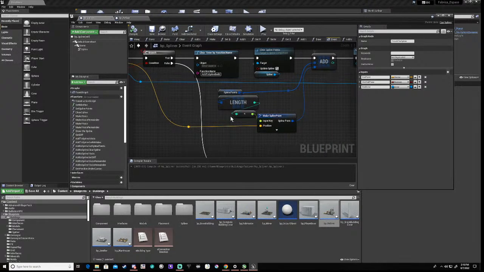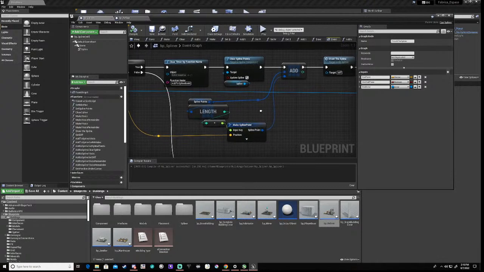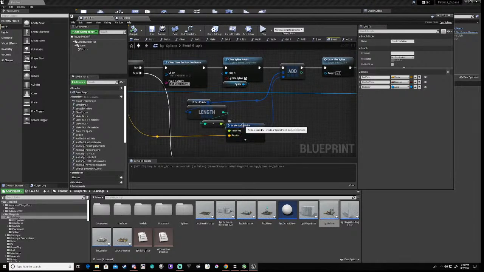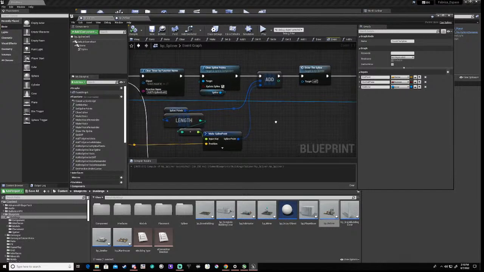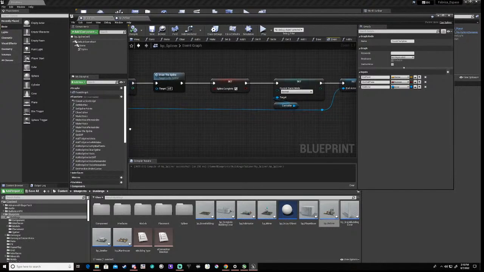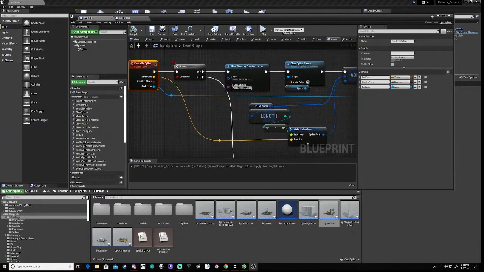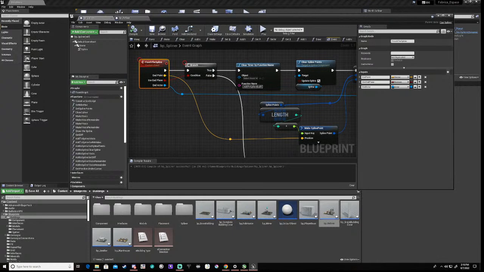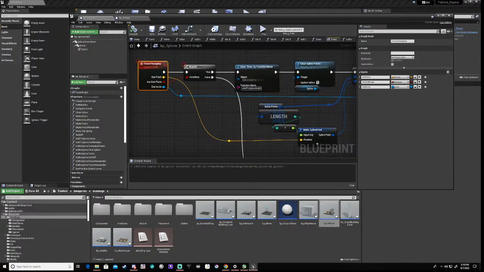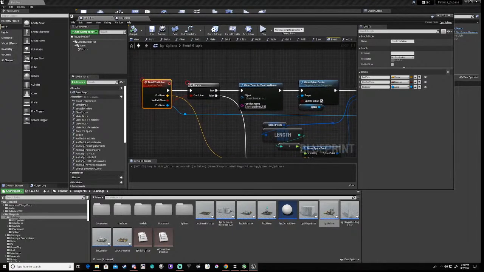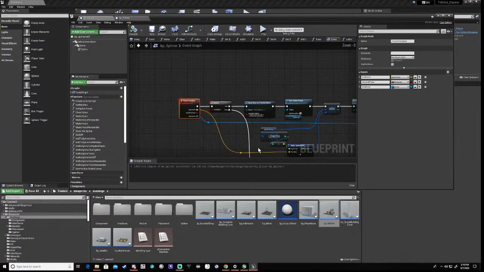So we take the spline points and then we make another spline point, and then we add the spline. Okay? So, what we're actually going to do